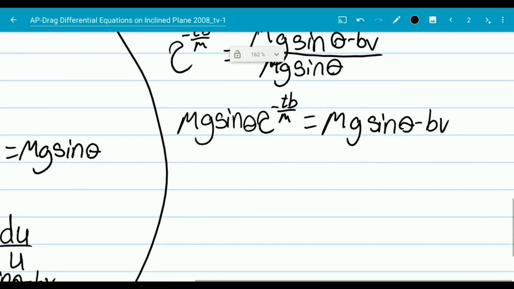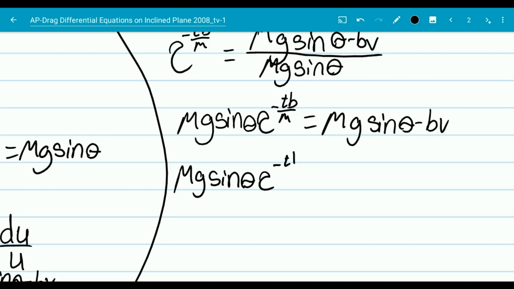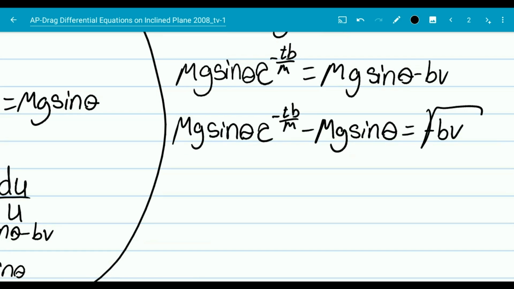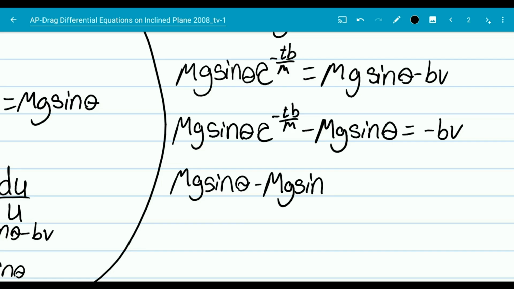Now, another thing that we can do is subtract mg sin θ from both sides, so that we get negative bv on one side. So mg sin θ e to the negative tb over m minus mg sin θ has to equal negative bv. We're going to multiply by negative 1 so that we make this positive on both sides. And what we're going to get is mg sin θ minus mg sin θ e to the negative tb over m has to equal